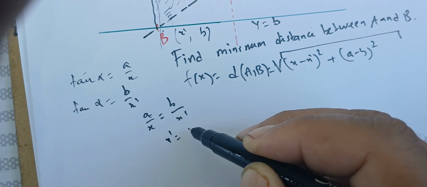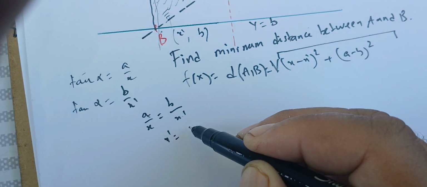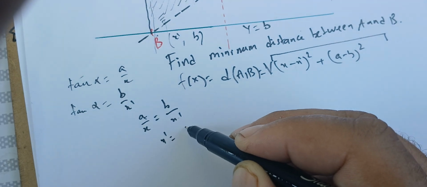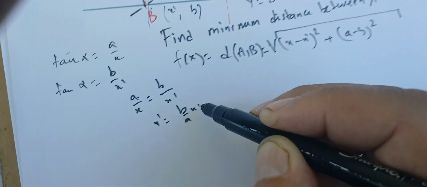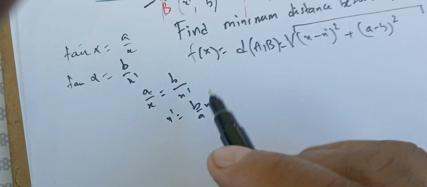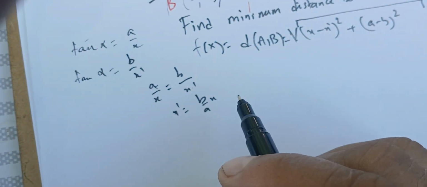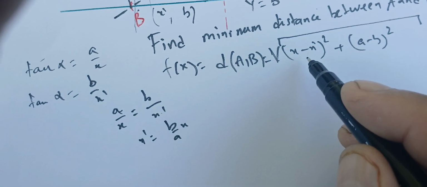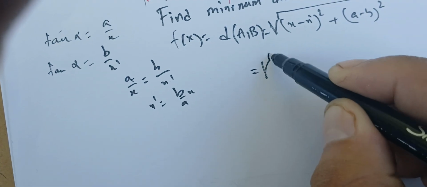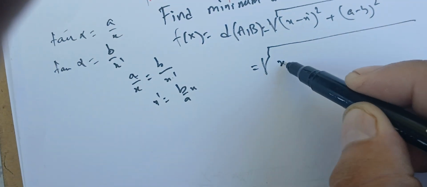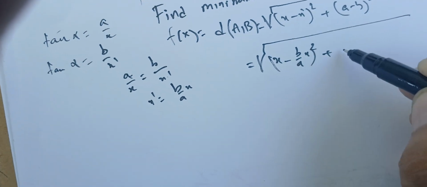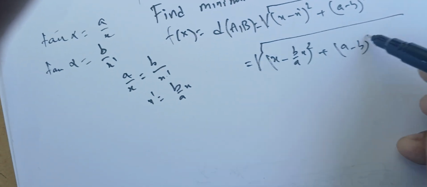x prime is going to be, let's say, b over a times x. So this is the simplest way that we can write it. Okay, so I'm going to plug it here. I have x minus x prime, which is b over a times x, squared, plus b minus a,